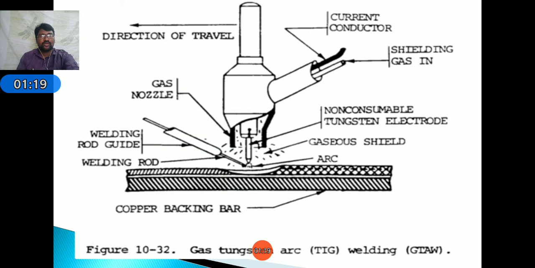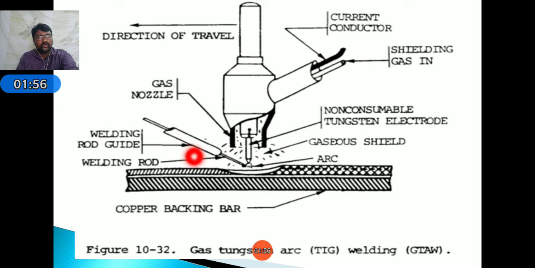Next, this is the diagrammatic representation of welding made by using tungsten inert gas. Here is the tungsten electrode, which is held by the collet. The torch takes inputs of the current conductor wire and shielding gas. This is the holder, connected with the shielding gas and the electric connector, and this is the nozzle. This is the direction of travel.